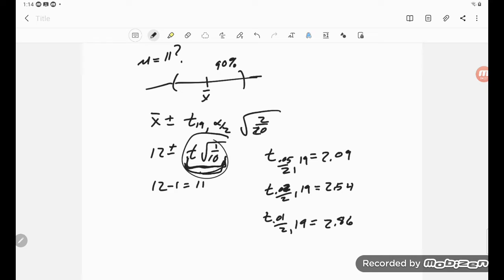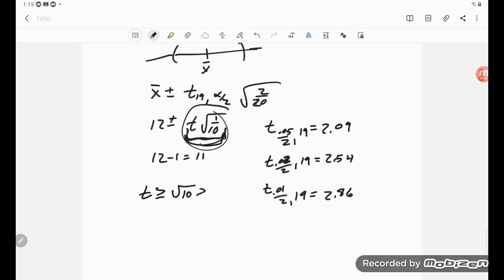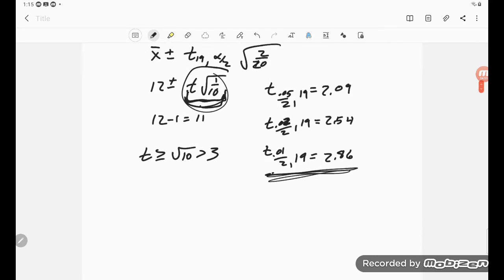So this thing has to be at least 1, and so my t has to be at least the square root of 10. Okay, but the square root of 10, that's bigger than 3. And so what that tells me is that, even under a 99% confidence interval,